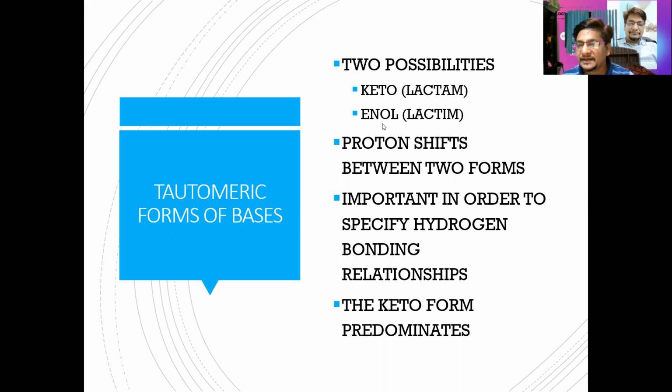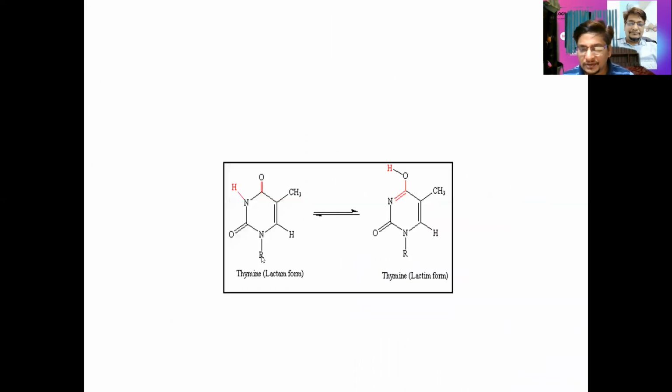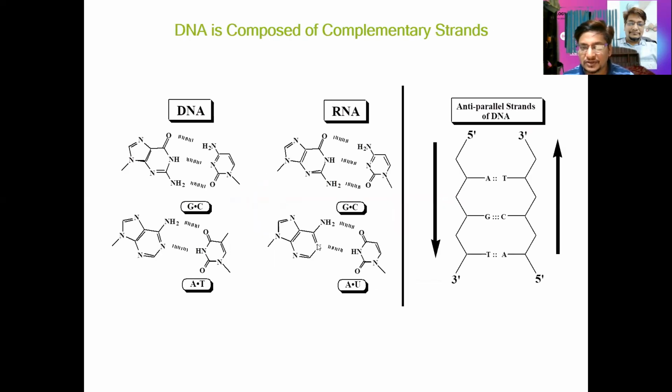And the bases can exist in two isomers, lactam or lactim, or we call it keto-enol, and the one which is more common is the keto form. And this structure I'll show you here. If you see it clearly, this is the lactam form. We can see the thymine is present over there. This is the keto form. Once the hydrogen, rather the proton, is on this oxygen, and this forms the OH group, it is going to be the lactim or enol form. So the first one predominates in the structure.